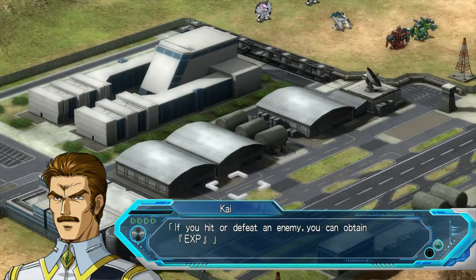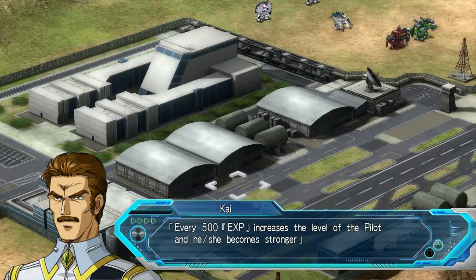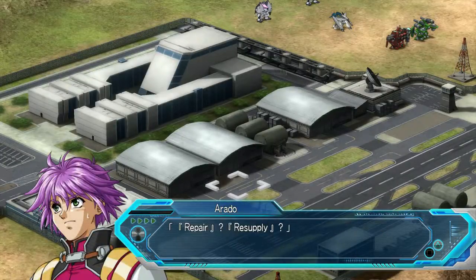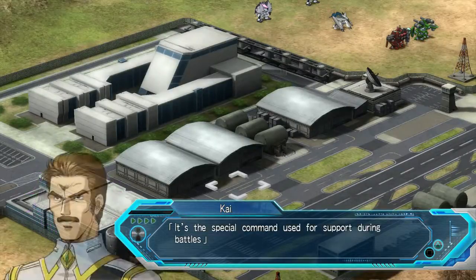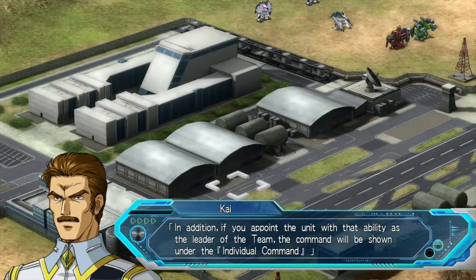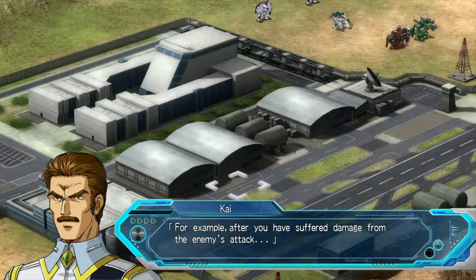If you hit or defeat an enemy, you can obtain EXP. Every 500 EXP increases the level of the pilot, and he or she becomes stronger. Also, you can get EXP by using repair and resupply command. Repair? Resupply? It's a special command used for support during battles. Units that are able to use them are limited, but unless you know how to handle it, you can't score a victory in a tough battle. In addition, if you point the unit with that ability as the leader of the team, the command will be shown under individual command. For example, after you have suffered damage from the enemy stack,